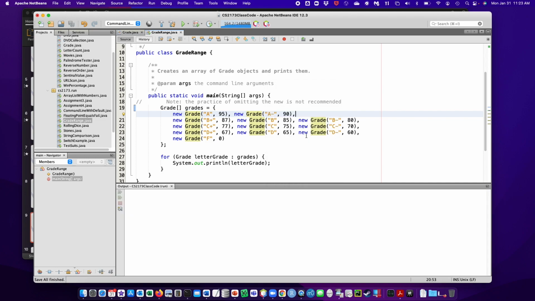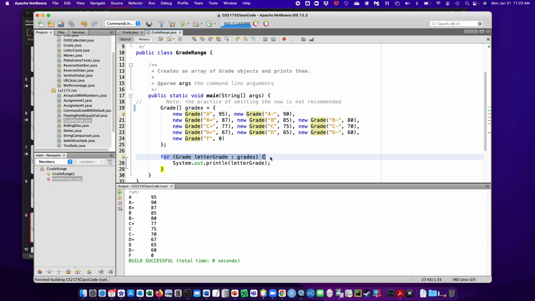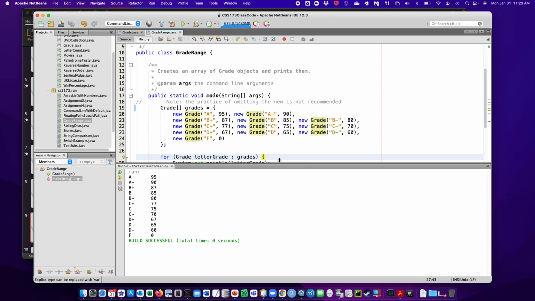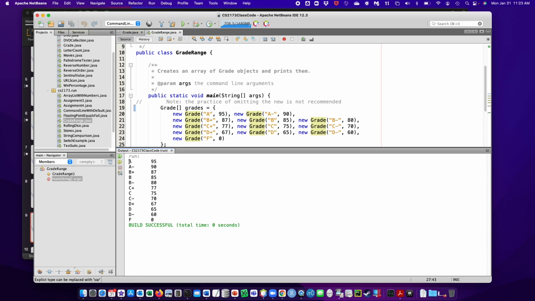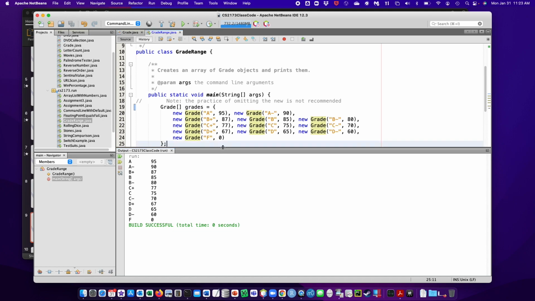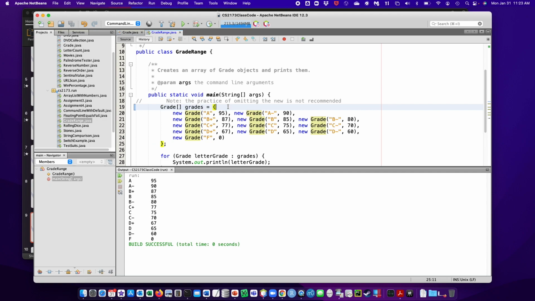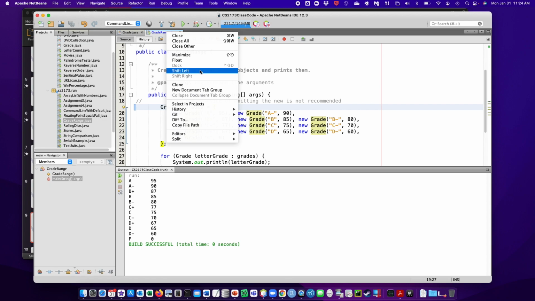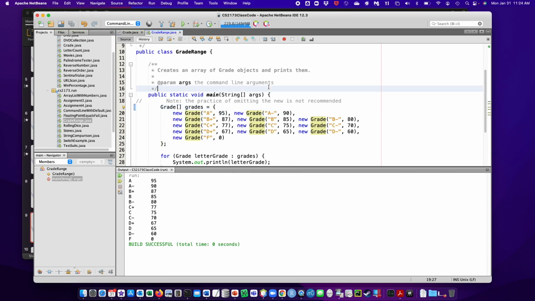Okay, so when I run this, notice it uses the for each on this because I don't care about the index, and then it's just printing out here that, in this world, 95 or above is an A, 90 to 94 is an A minus, et cetera. So it's a demonstration of two things. One is using this initializer thing, which again,